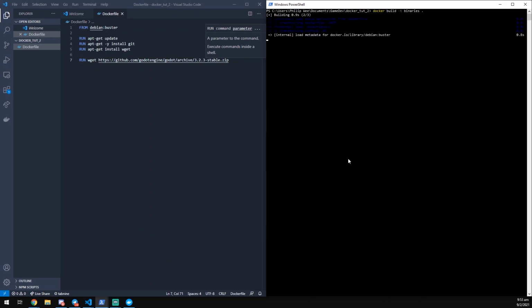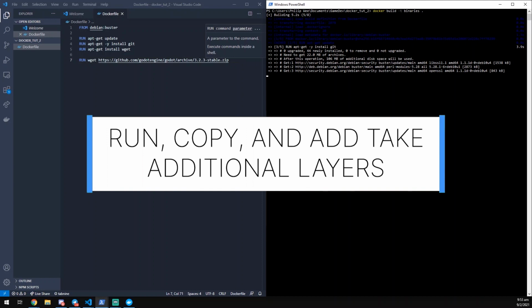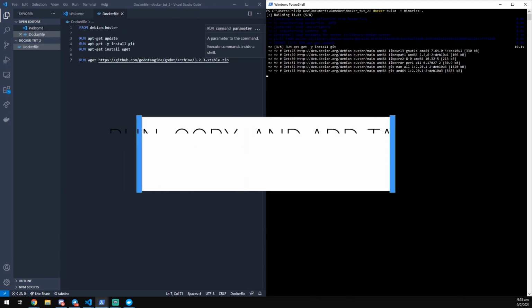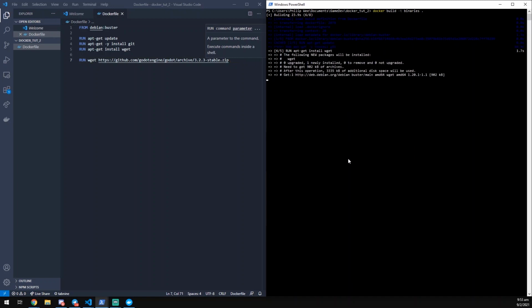Each time the command RUN, COPY or ADD is used, an additional layer is created. The fewer layers you have, the smaller the size of your final build. So, while we could combine the functions to save on layer space, doing it this way makes development easier because each layer acts like a checkpoint. If you screw up one layer, you can always continue from the last layer. Whereas if you cram everything into a one-liner and mess up, you will have to wait years and possibly decades for your layer to recompile.